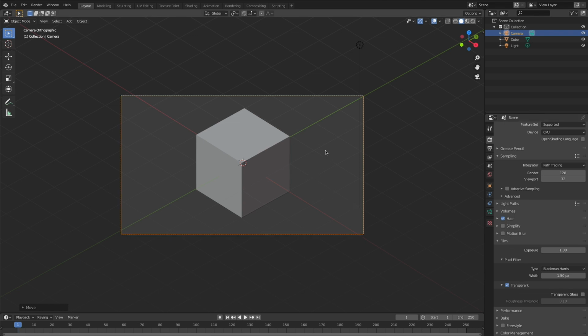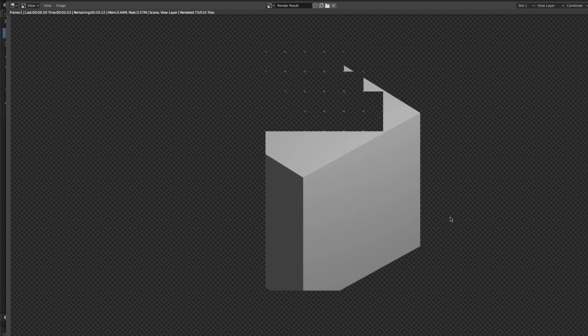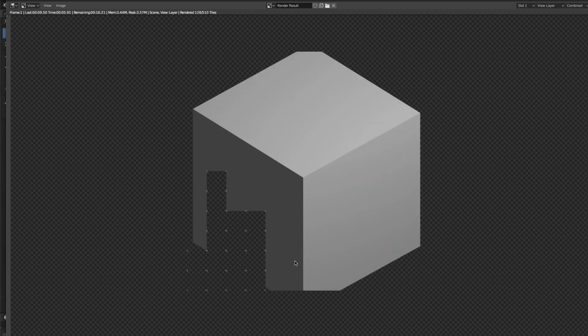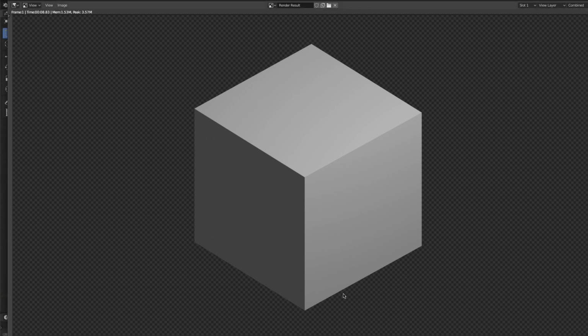And once I do that and hit F12 again to do the render, it no longer puts the gray background in. So this object should be usable as a token. And to prove that this angle is perfect at 30 degrees, what I'm now going to do is save this image,